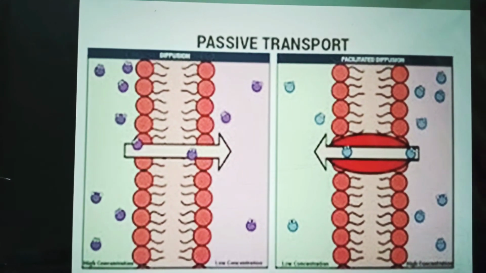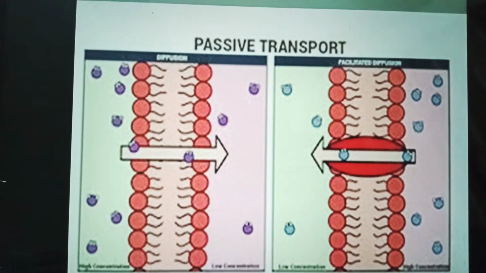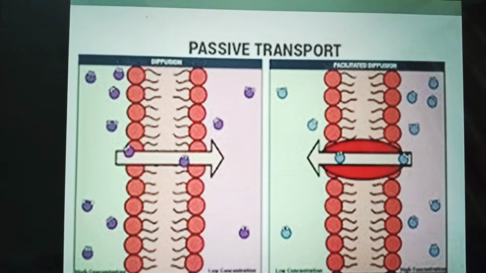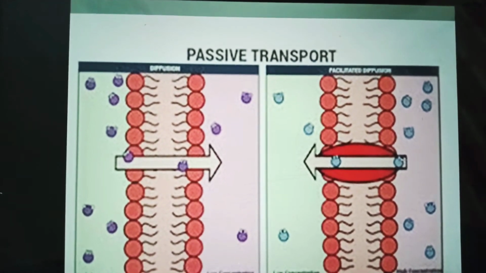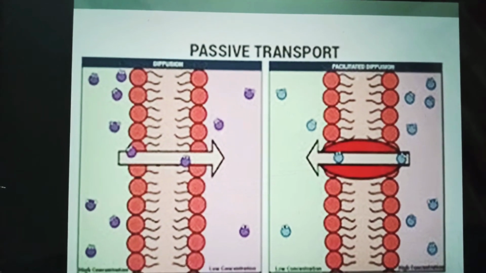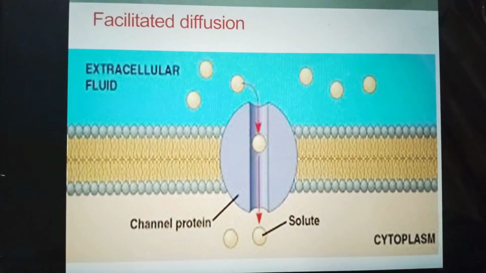Now I will describe passive transport. Because a cell does not expend energy when molecules diffuse across its membrane, diffusion is a type of passive transport. The next one is